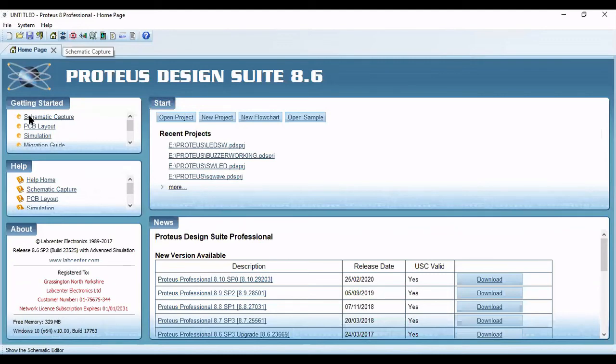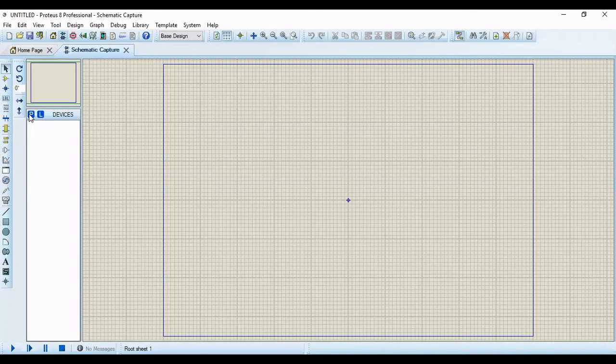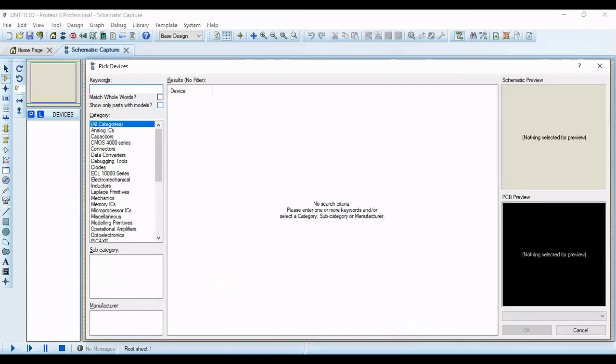You can see that on the menu bar you have your schematic capture. Click on that. When you click on that, a new schematic window opens. This is my schematic window, where you have your P to place your parts. So click on place parts, where I will be adding my Atmel